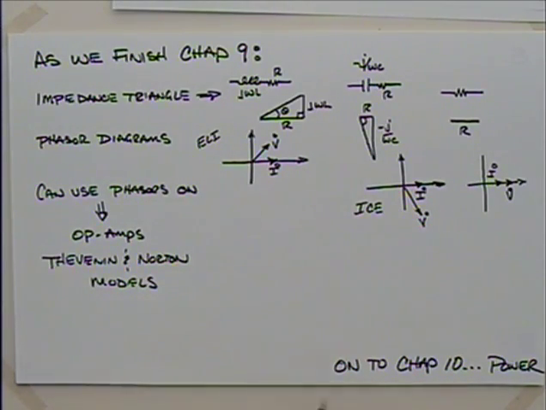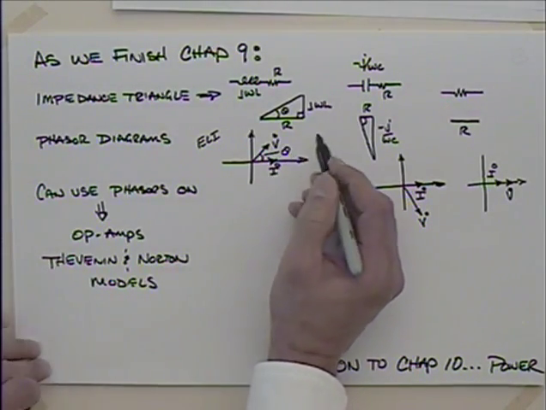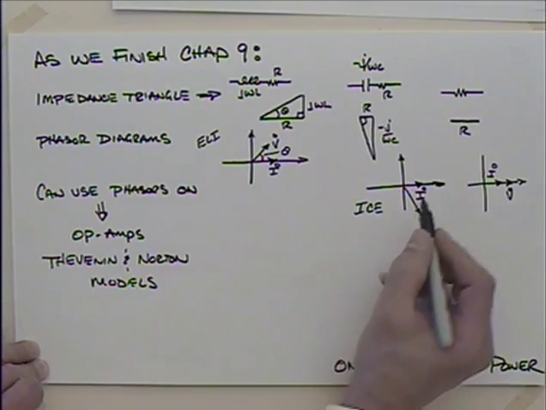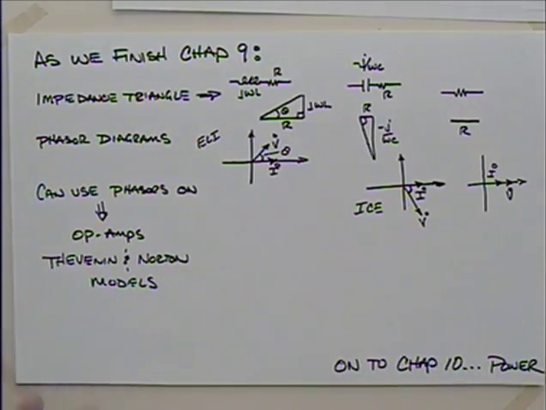And the phasor diagram is important because this angle in here, what is that? That's theta, which is the same as on the impedance triangle. What's this angle in here? That's theta. And we'll see that angle again when we get into power. Look at the power triangle. Yes? Still on your capacitor phasor diagram,